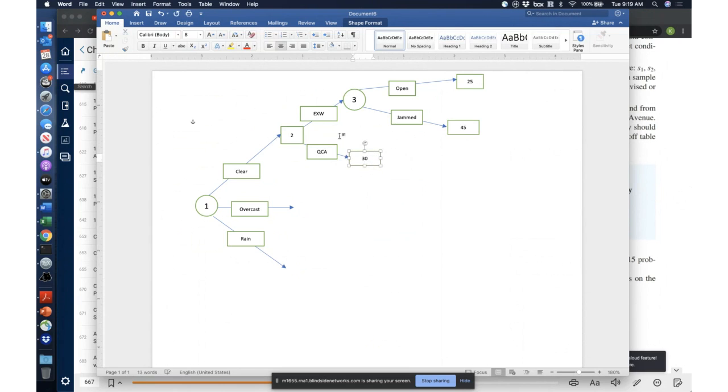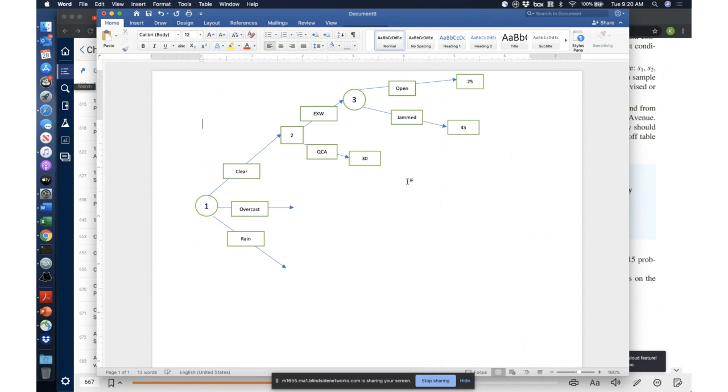So you come outside the house, you notice that the skies are clear. Now you have to make a decision. Do I take the expressway or do I take Queen City Avenue? If you take the expressway, the expressway will either be open or it'll be jammed. This is not under your control. These are probabilities, which we'll put down in a second. But if the expressway is open, it'll take you 25 minutes to reach there. If the expressway is jammed, it's going to take you 45 minutes to reach there. Or you could have chosen the option of taking Queen City Avenue, in which case it will take you 30